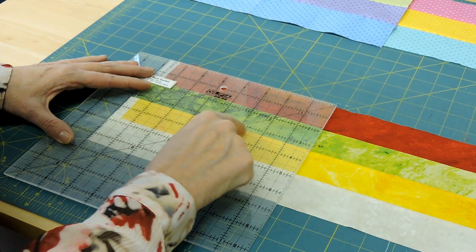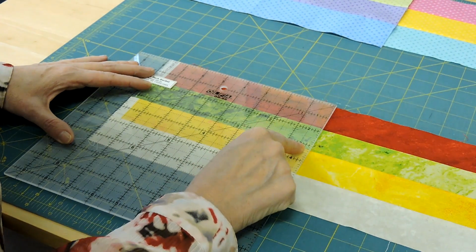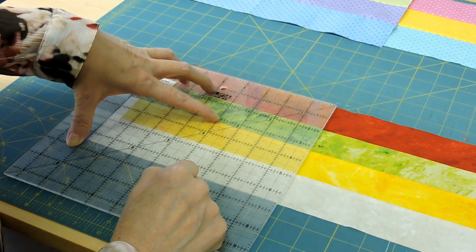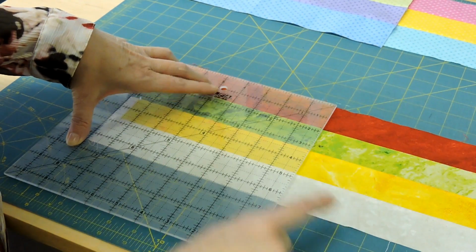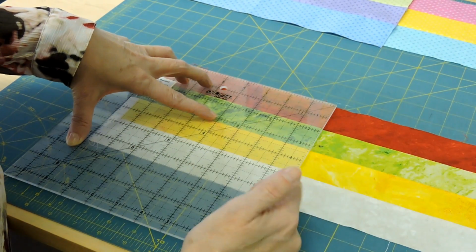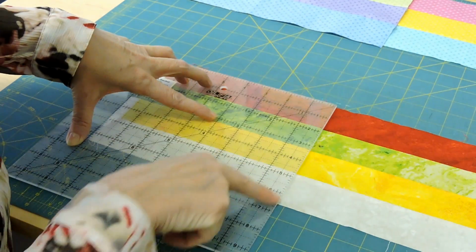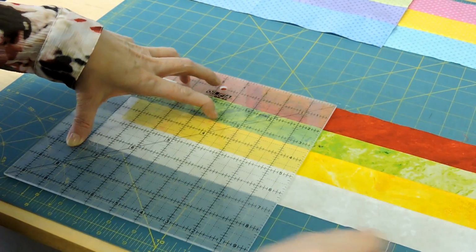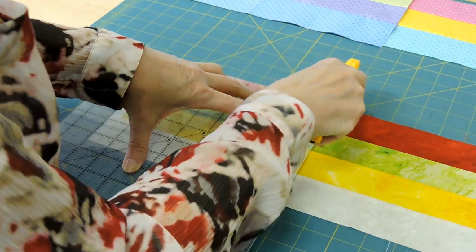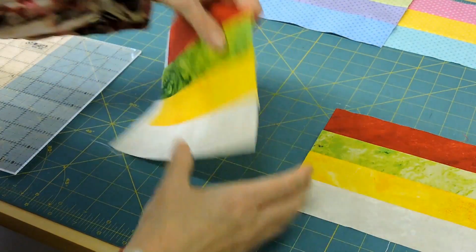Now this is where it's really important, because remember we talked about the C? This is going to help compensate for that and give you a straight block. So you're going to measure 2 things. You're always going to measure a line underneath your block, and then you're going to measure that your piece is centered from top to bottom. So here I've measured that. That's nice and aligned. I'm going to make my cut,